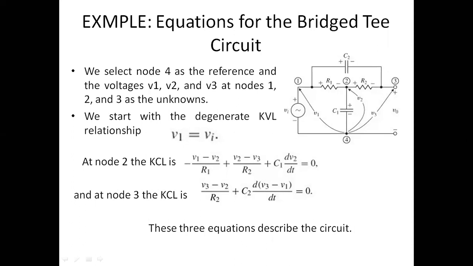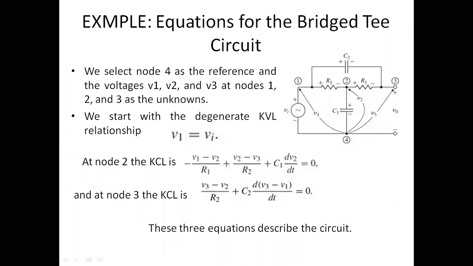Okay, so now, of course, we can see from the initial point itself that Vi is equal to V1, between node 1 and 4. Is that fine? Yes, ma'am. And similarly, V output is V3, between node 4 and 3. Yes or no? Yes, ma'am. So we have this expression, V1 is equal to Vi and V output is nothing but V3.